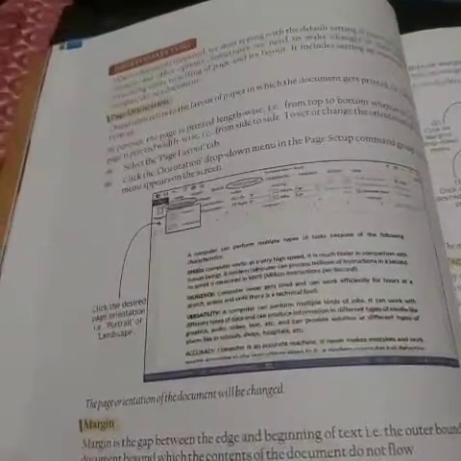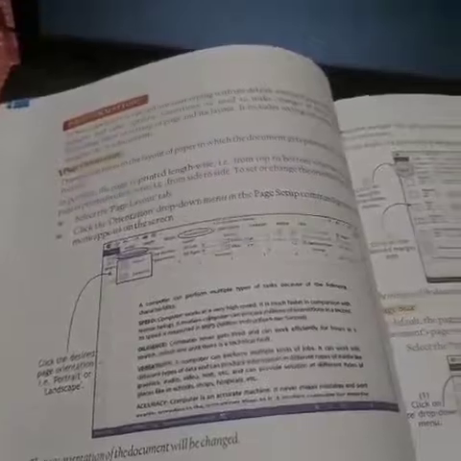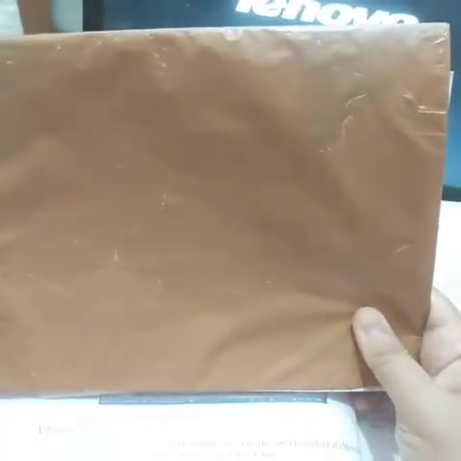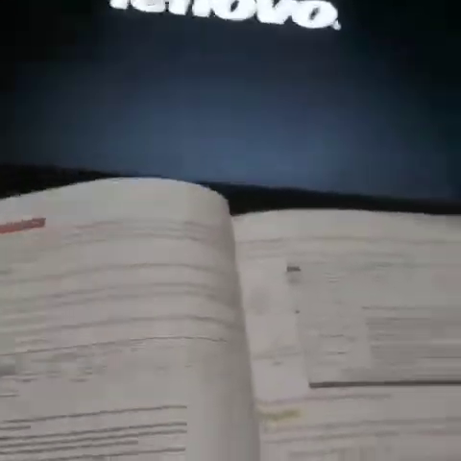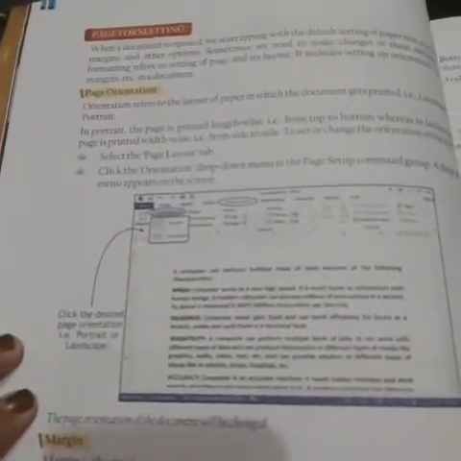The first one is your page orientation. Page orientation means how the page will look. Will it be landscape or will it be portrait, okay. So how does a landscape mode look like? A landscape mode will be something like this, okay, when it is kept like this, and your portrait will be when it is in the shape of your book, okay, like when it is kept straight. So page orientation can be of two types. The first one is your landscape mode and the second one is your portrait mode.